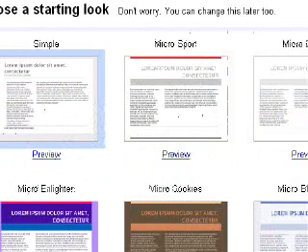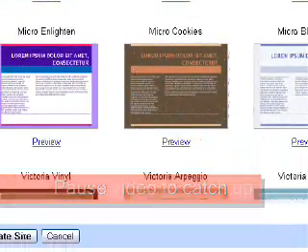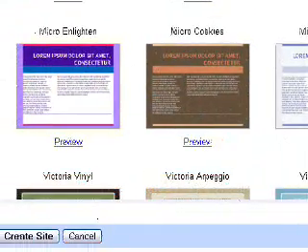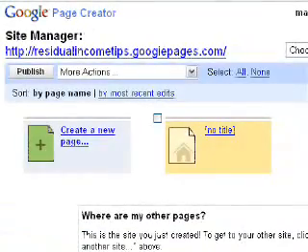So yeah, you can click any of the other ones to choose that one. And then continue to scroll down and click create site. Okay, we're back on the Site Manager page, and if you need time to catch up, just pause this video